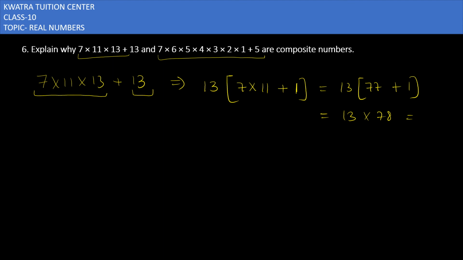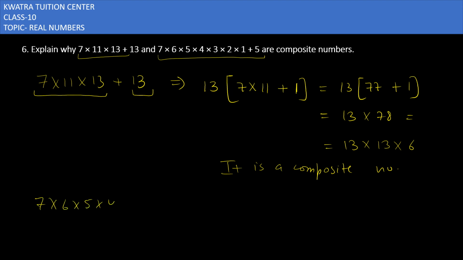बस 13 इंटू 78 को मल्टीप्लाई करना चाहते हो तो मल्टीप्लाई करो, नहीं तो इसको फैक्टराइज कर दो। जैसे कि आई कैन राइट 13 इंटू 13 इंटू 6। तो यहाँ पे हमारा जो एक्सप्रेशन है इट हैज टू फैक्टर्स, 6 भी है, 13 भी है, 1 भी है, तो इट इज अ कॉम्पोजिट नंबर। सेम वी हैव टू डू विद द सेकेंड नंबर। सेकेंड नंबर का भी देख लो कैसे करना है।